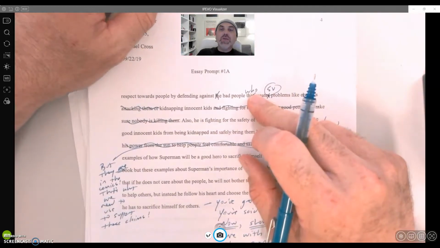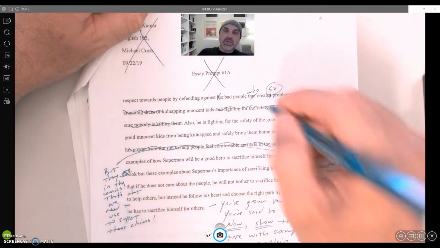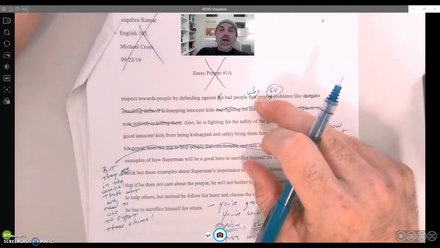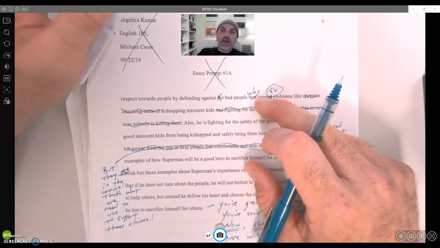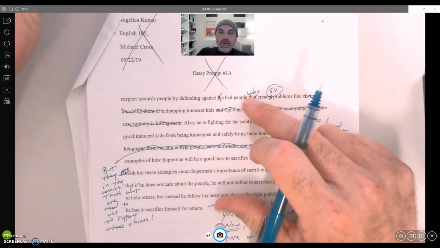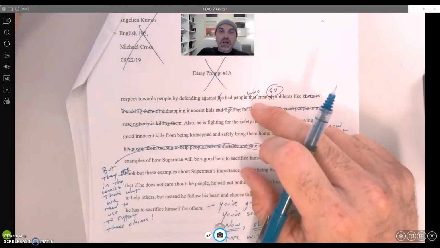Who versus that? Who is for subjects. That is for objects, right? So when I'm walking my dog in East Oakland and people say, what kind of a dog is that? I say she is a pit bull because she thinks with her brain. She's a sentient being, right? She's not an object. So when I'm talking about people that think, and even bad people think, right? We're going to use who, we're not going to use that.